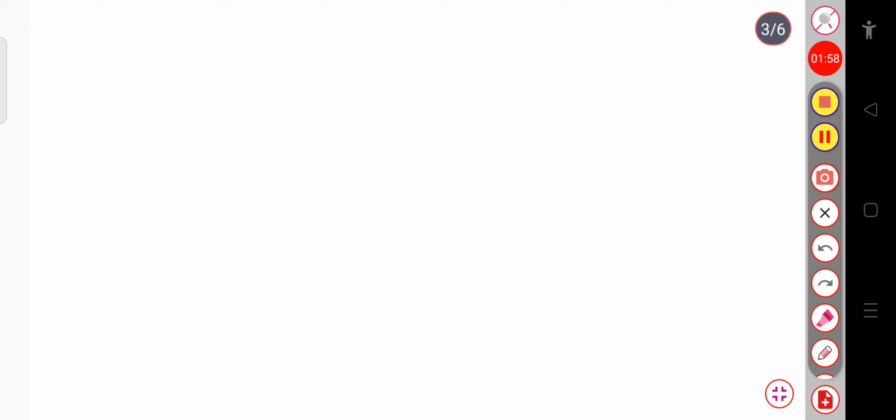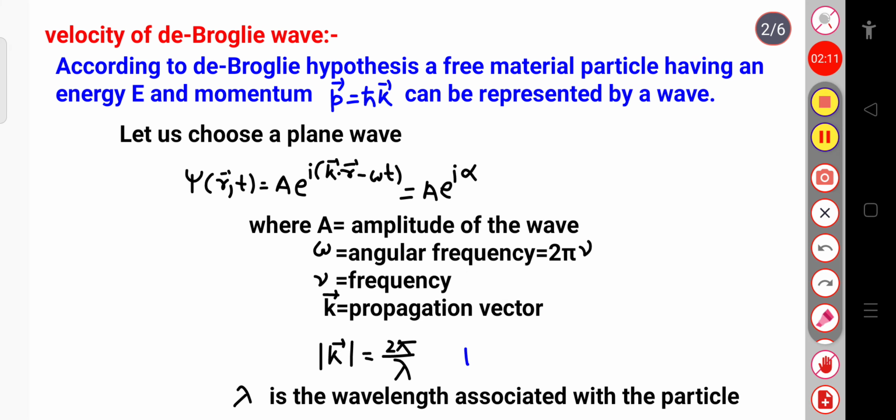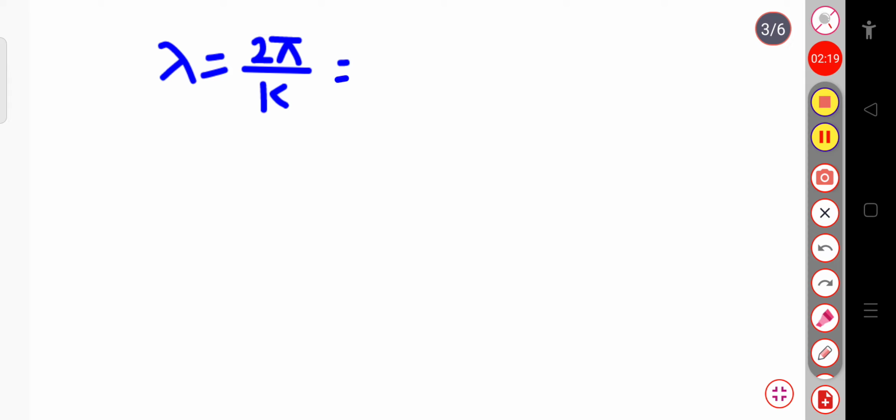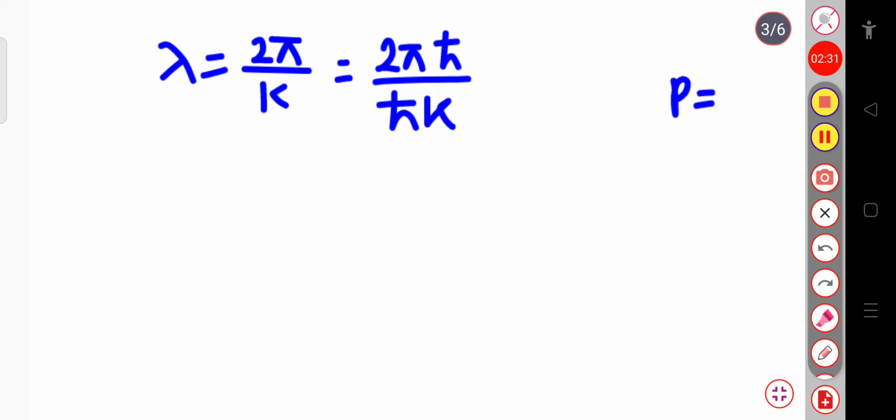Now this lambda, the de Broglie wavelength, we know k equal to 2 pi by lambda, so from that we can write lambda equal to 2 pi by k. Again, if I multiply by h cut and divide by h cut here, this will be equal to 2 pi h cut by h cut k, and we know the linear momentum p equal to h cut k. So this lambda will be equal to